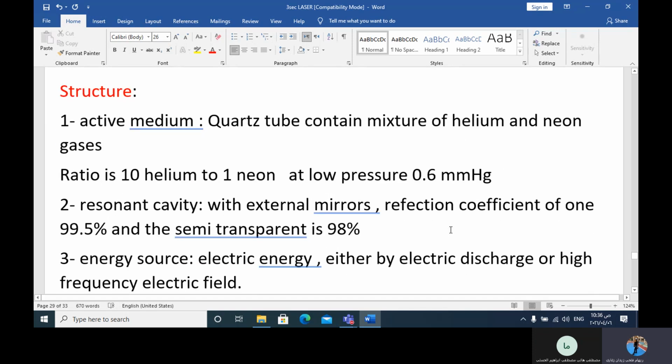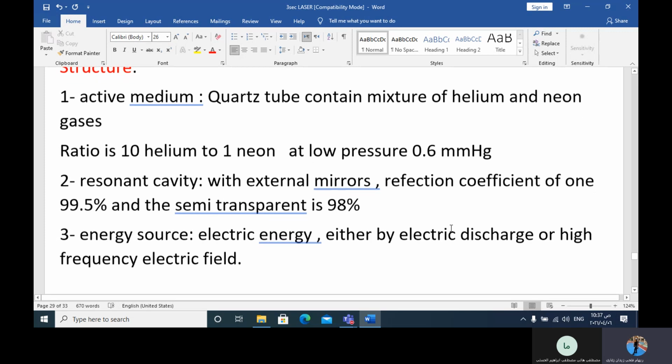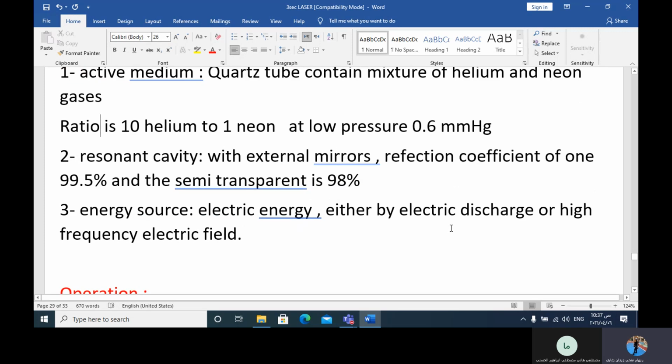The part number 2 of the laser is the resonant cavity. In the resonant cavity, we have external mirrors. The reflecting coefficient of one is 99.9%, and a semi-transparent mirror, 98%. These are the two mirrors that are going to cause the multiple reflections, which will cause the amplification of the action. Number 3, the third component is the energy source, which is in this case the electric energy,